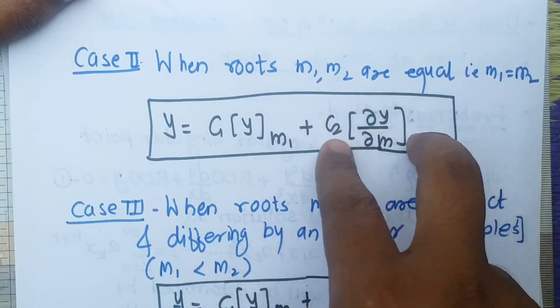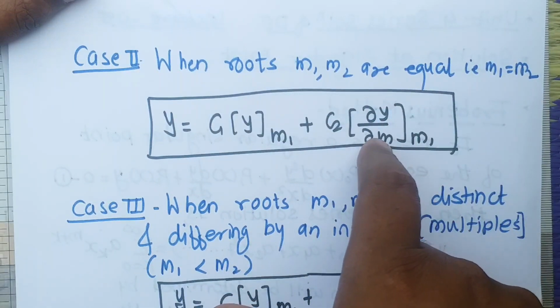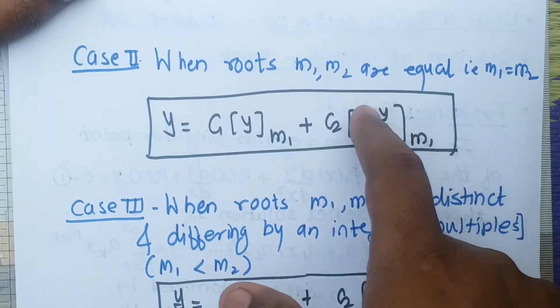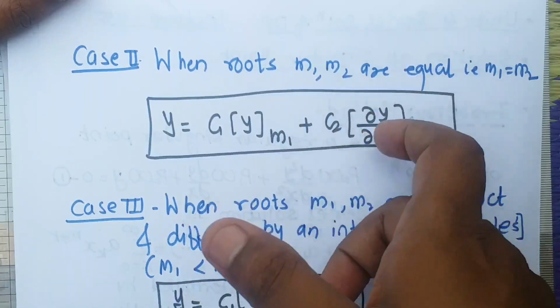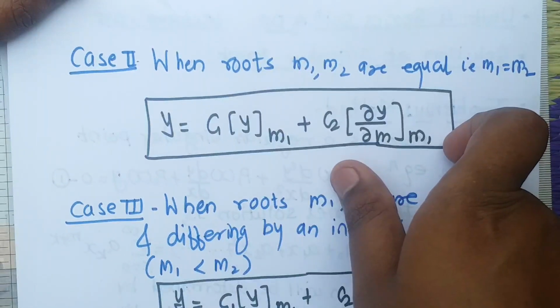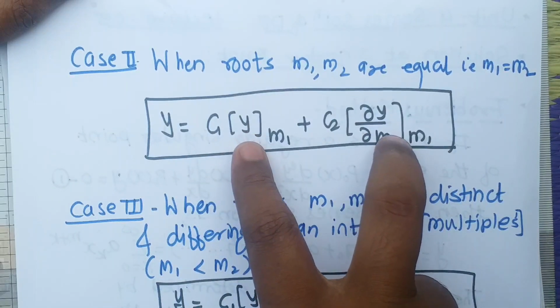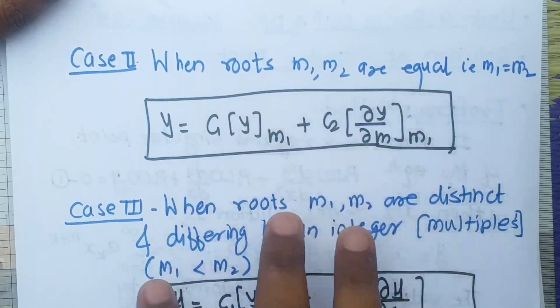Plus, for determining the second term, we differentiate this y, obtain y with respect to m. Okay, and whatever derivative of that y you will get after differentiating partially with respect to m, in that derivative we need to substitute again the value of the root to get the coefficient of c2. So in that way, we'll calculate these two terms after determining the value of y. Okay, and after putting it in this equation, we'll get our final solution.